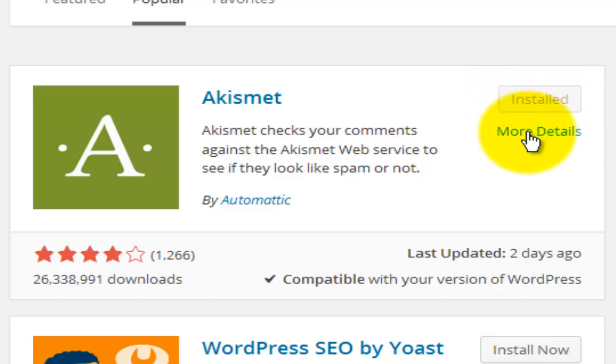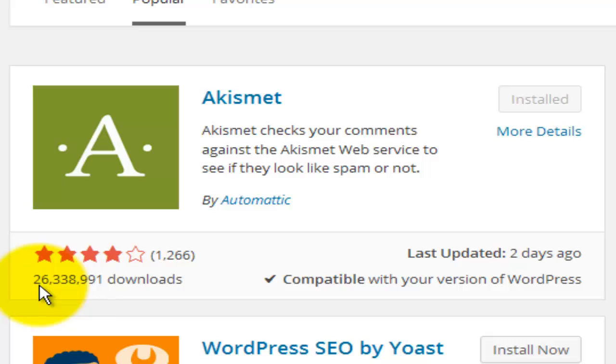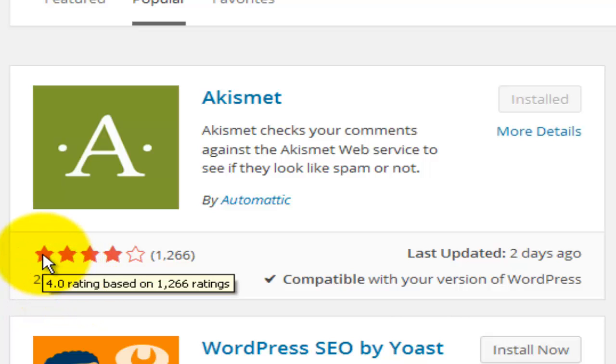And also there is the more details button. Just down below, this is the feedback from the users. So for this particular plugin, we can see that it's been downloaded more than 26 million times, and the average mark here is 4. So as you can see, when you hover over the actual stars, you can see that